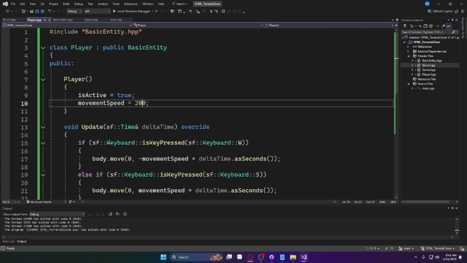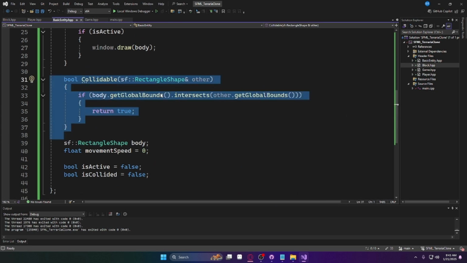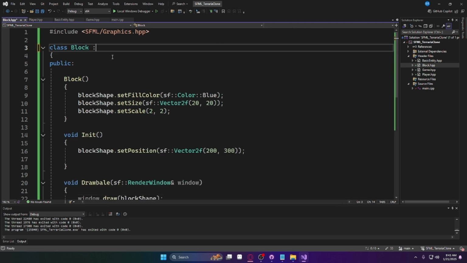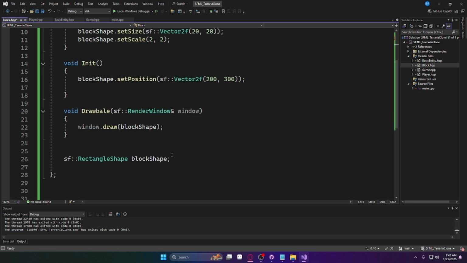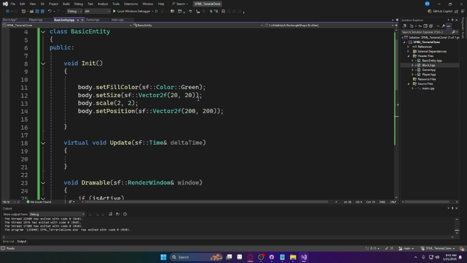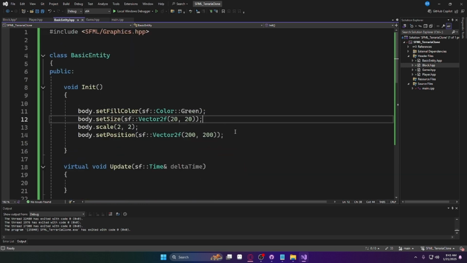When we collide, under basic entity here, we need to know this stuff. For block, it would be really nice if it also was a basic entity. So we're going to inherit, we're going to say public. In this sense, it's kind of funny. Our body here, where we're doing a lot of this stuff in the init, this stuff in the draw, so on and so forth, I'm going to take all of this out,